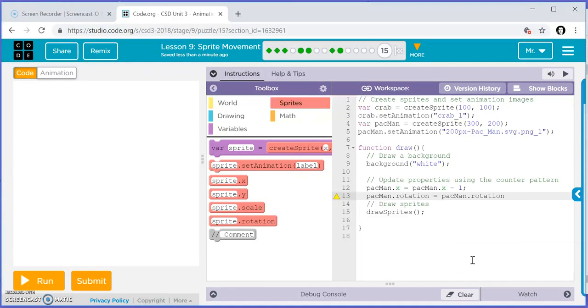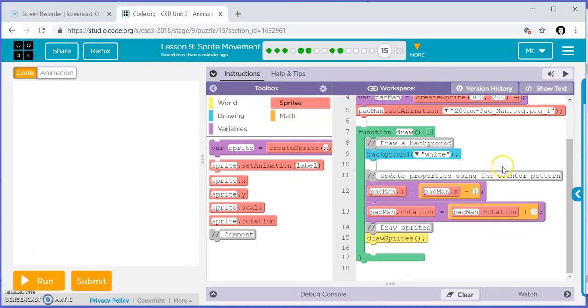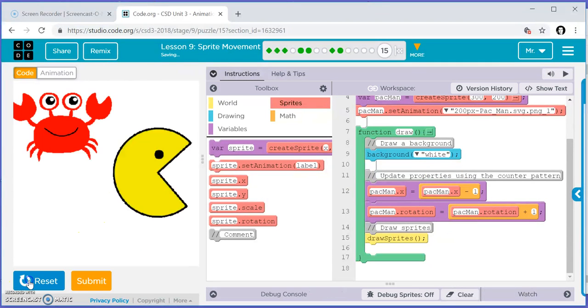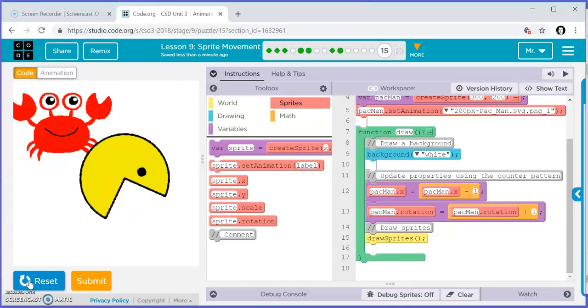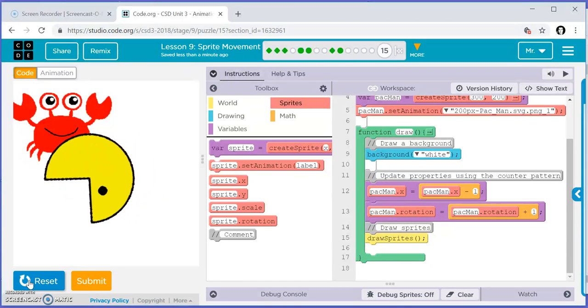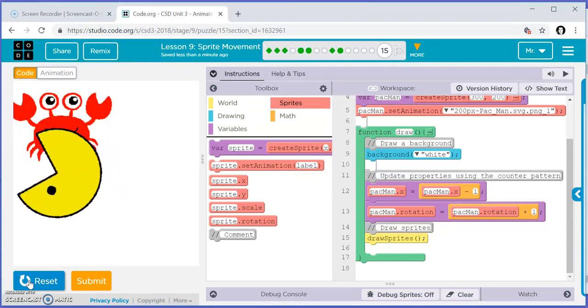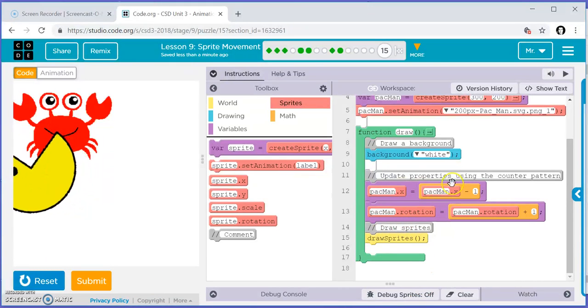Pacman.rotation plus 1. And of course, at the end of every line of code, you need a semicolon, so I click semicolon. Now, if I go back to show blocks, I could have also just dragged those blocks over the way I did the first time. So now let's see what happens. So now he's turning left and rotating as he does it. Kind of cool. All right, now we're going to add some more properties for the crab. So these are the Pac-Man